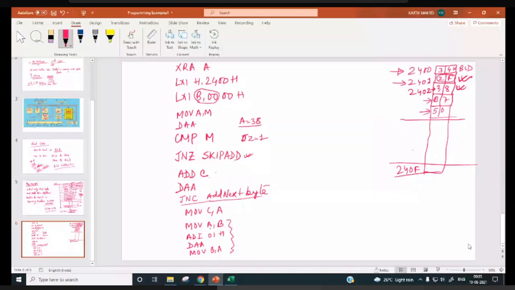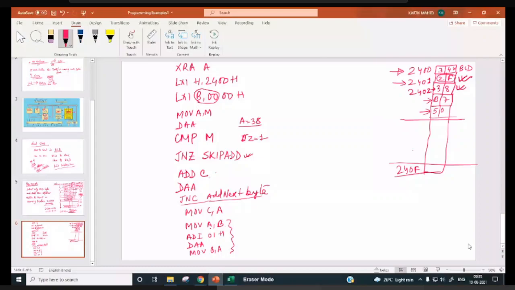Is it not? So if we go by INR B, what will happen? In first case, it will be 0, 1. In second case, it will be 0, 2. Third case, 0, 3. Fourth case, 0, 4.